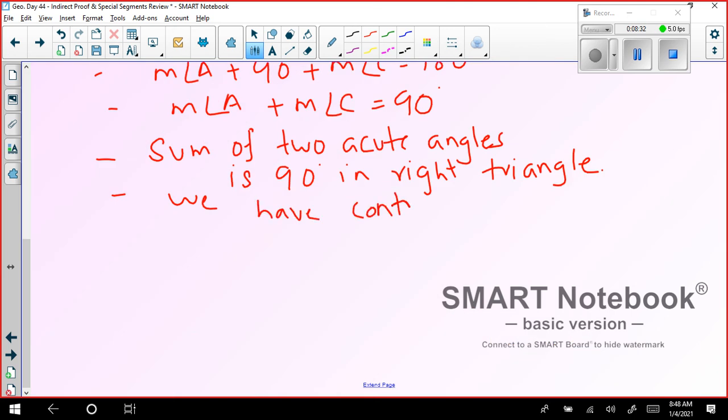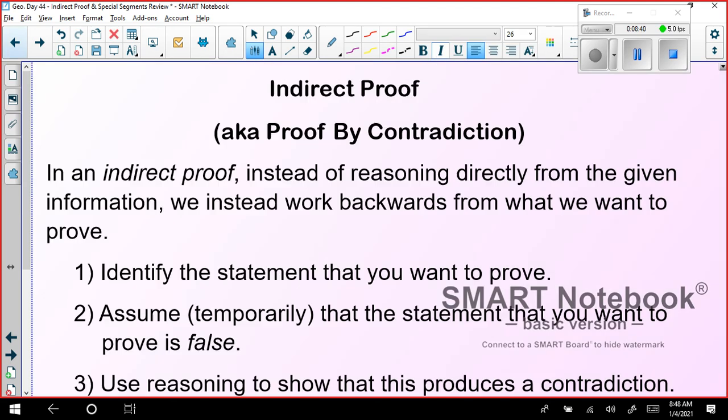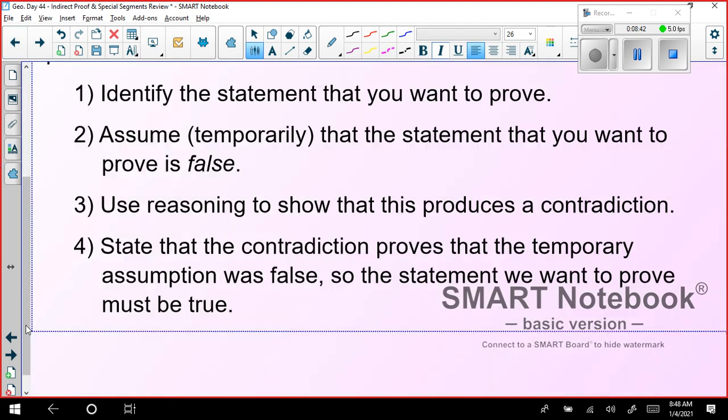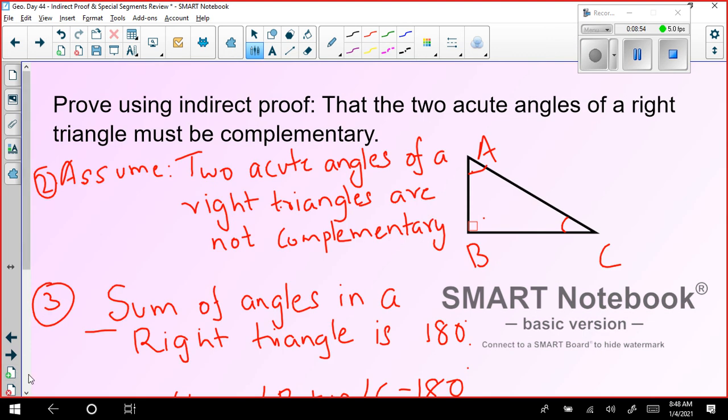We have a contradiction. And if you go back to the previous slide, you can see here it says for the fourth step, state that the contradiction proves that the temporary assumption was false, so the statement we want to prove must be true. So I can conclude here in this particular step, fourth step, that